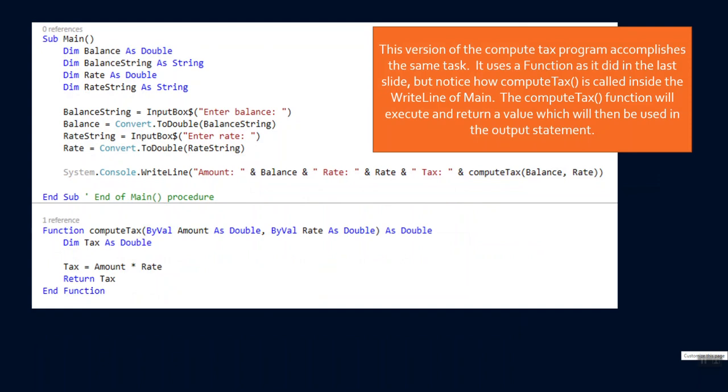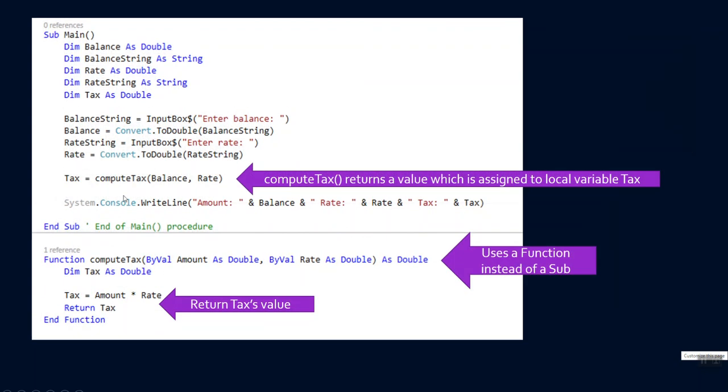This is very, very similar to the example we just looked at. In fact, the function definition down here is exactly the same. The only difference between this example and the last example is that we've identified that we really didn't have any need to retain tax in main. We were really just using it to display an answer to the user. So whereas in the previous example, we assigned compute tax to a variable, which would allow us to then refer to that variable throughout main, here